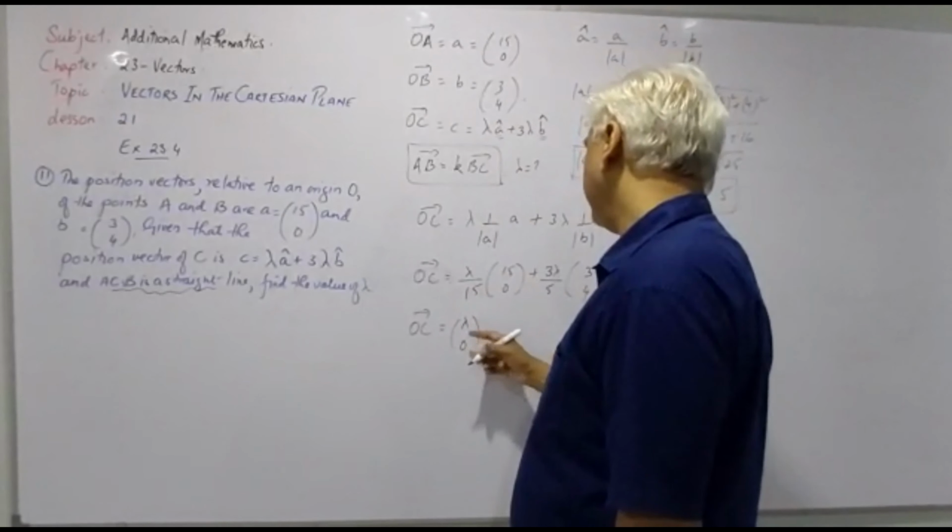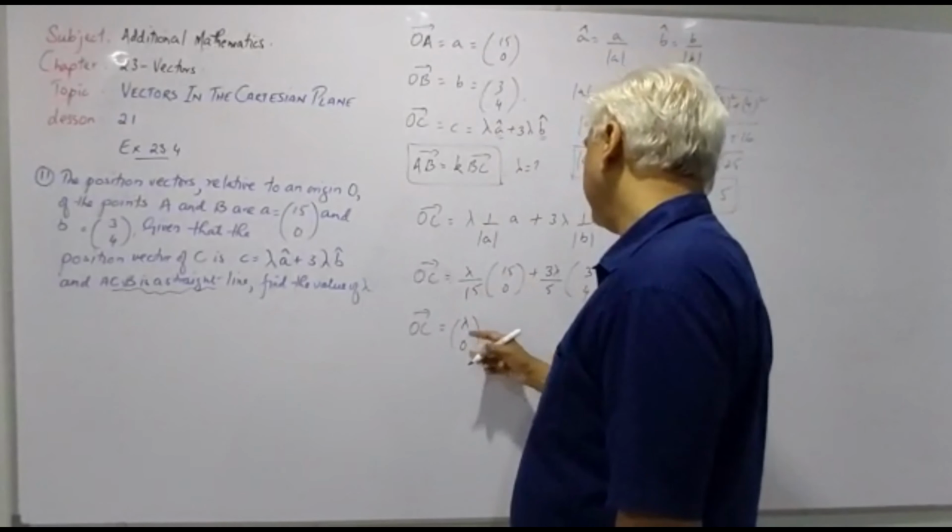Right, so let me complete it over here. So hence BC is equal to 14 lambda minus 5, which is 15, upon 5, and 12 lambda minus 5 times 4, which is 20, upon 5. This is what BC is equal to. Okay, let me just continue it over here. I'll do it over this side.